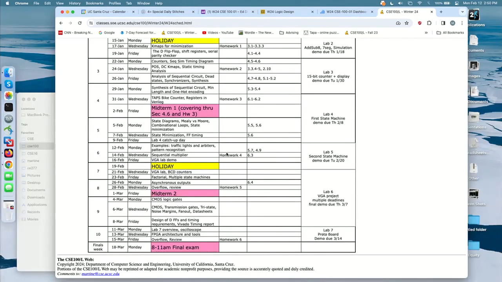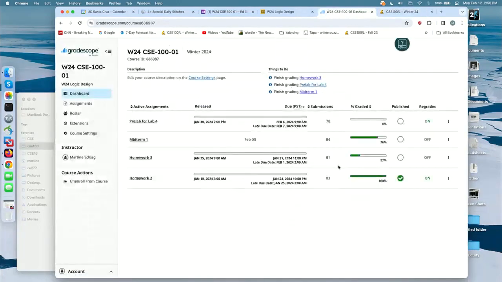Yes? What does the progress on the midterm look like? Oh, I was just looking at that. Okay, so midterm is 76% done. I'm guessing it'll be done in a few days. That's the good news. Homework 3 is only at 27%. It's kind of annoying that all your readers are busy at exact time. You need them. They're all doing their own midterms and grading, doing their own assignments.